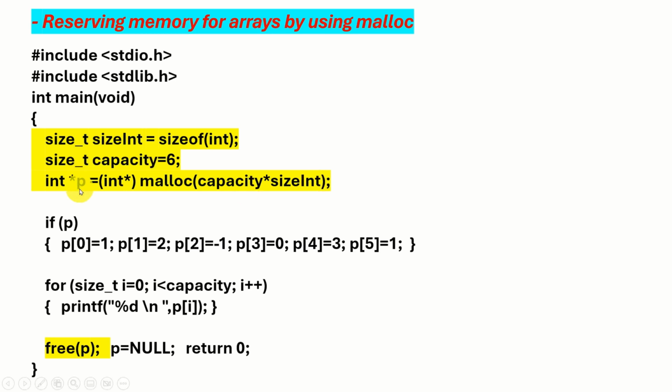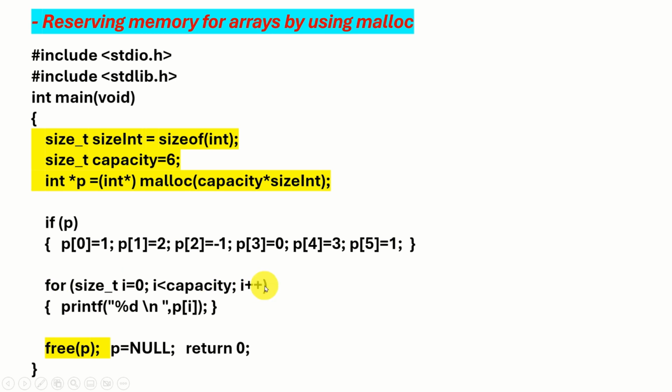And this pointer will be stored in our pointer p. Then over here, we simply assign the values. We say p of 0 is 1, p of 1 is 2, p of 2 is minus 1, etc. That is, over here we fill in the array, and notice a beautiful thing about the C programming language is that we can actually use pointers as arrays. And once we do that, that is after we fill in our array,